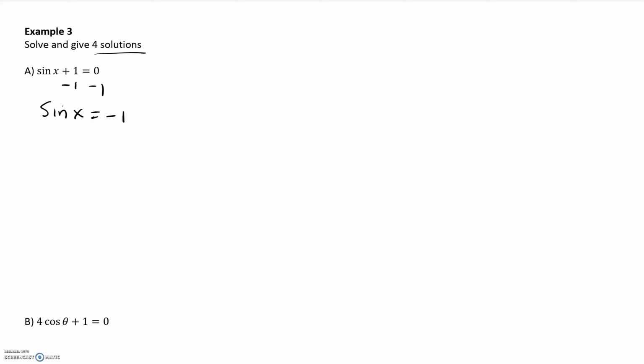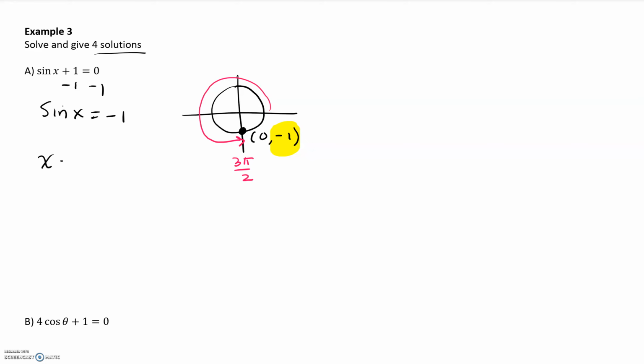Now, since it's a -1, I'm thinking quadrantals and unit circle, and we know sine is the y value on the unit circle, so it looks like to be -1 down here, which means I'm looking at the angle. If I want to go in the positive sense, I guess 3 pi over 2, or if you want to go in the negative sense, that would be -pi over 2. And so I could do x equals, I guess, 3 pi over 2 plus 2k pi, since the sine function has